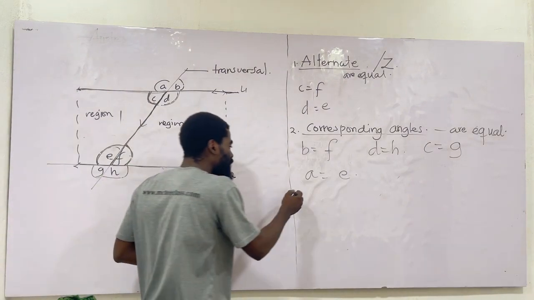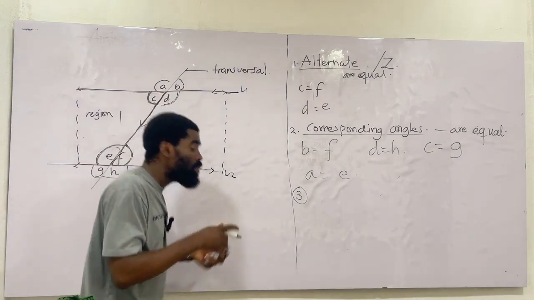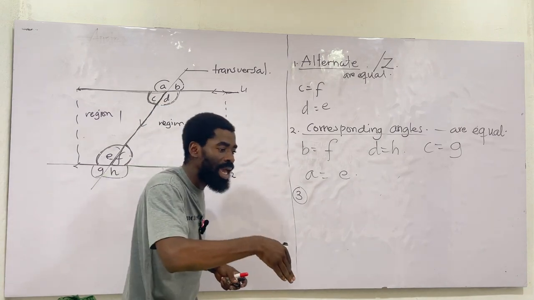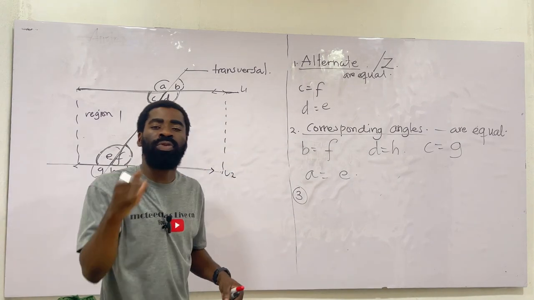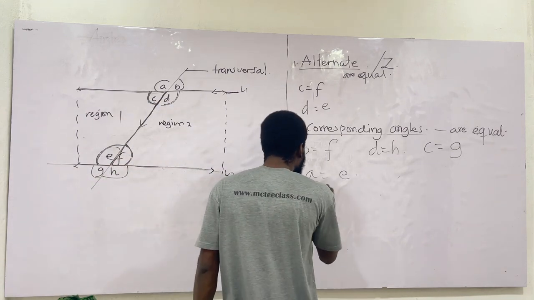Then the last one, remember I said when you see parallel lines, one of these must work. So you have to know this. You want to see, try to trace your Z. Oh, it's not working. Try this, try that. If angles on a straight line, angles at a point, and you want to get it. I follow what I'm saying here. Good. Then we have the last one, which is the